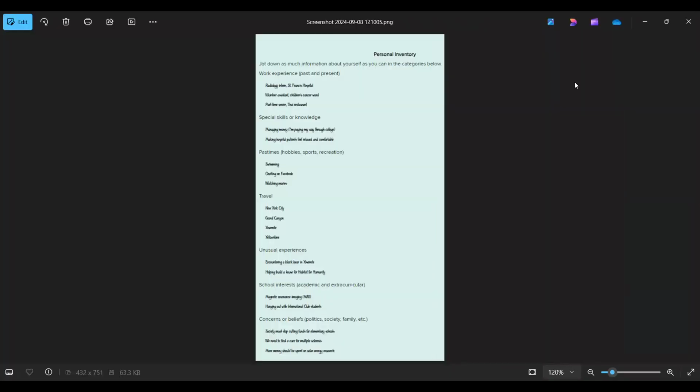So right now, whether it's a Google Doc or a piece of paper, something you will hold on to and bring to class on Wednesday, I want you to jot down these categories: work experience, past and present, special skills or knowledge, pastimes, hobbies, sports, recreation, travel, unusual experiences, school interests, and concerns or beliefs. I want you to set a timer for 15 minutes,